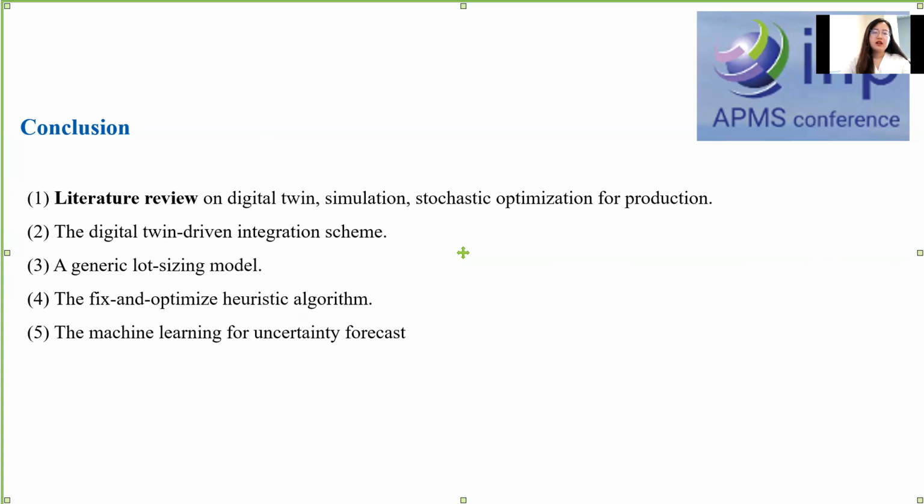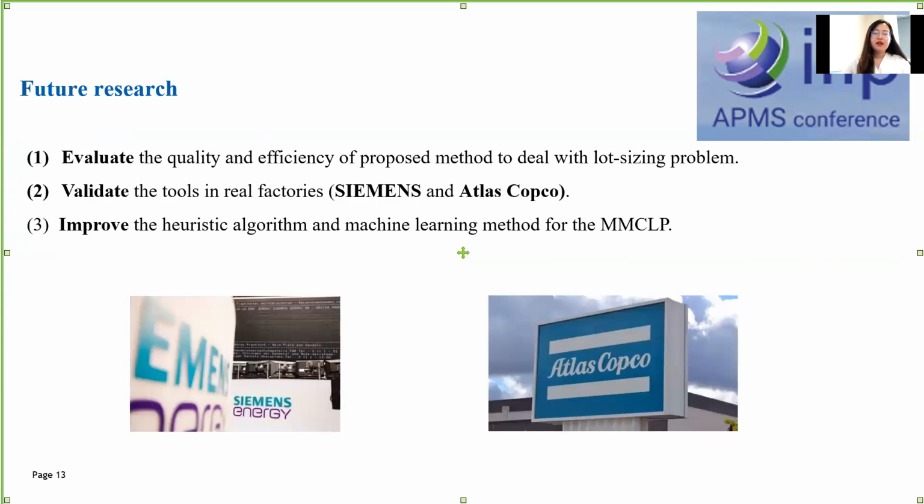And we also provide a generic lot sizing model. Now we consider the fix and optimize heuristic algorithm and the machine learning for the uncertainty forecast. We haven't finished